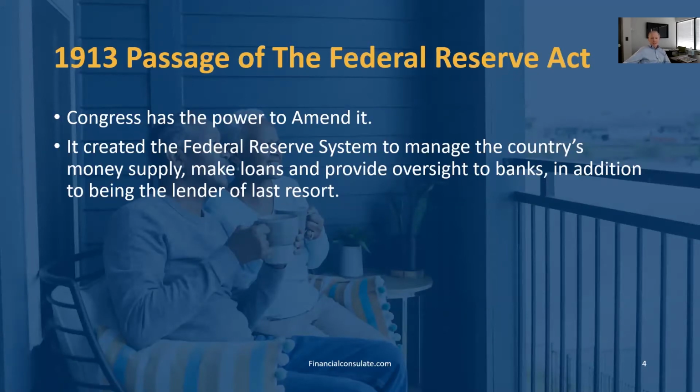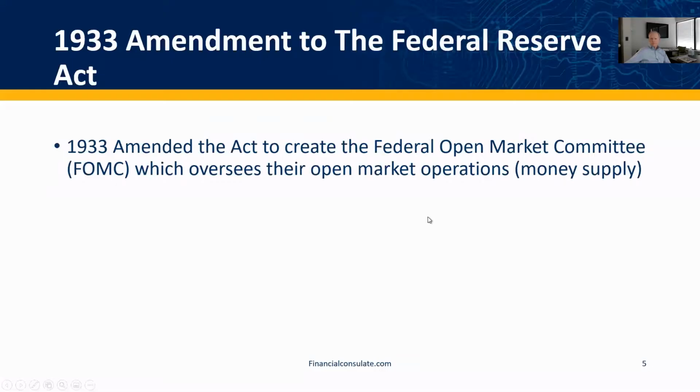So in the beginning, it created the Federal Reserve System to manage the country's money supply, to make loans, provide oversight to banks, in addition to being the lender of last resort. The 1933 Act, at that point in time, said, okay, we need to do some things. Let's put into place the Federal Open Market Committee. We're going to broaden the influence of this and the participants,